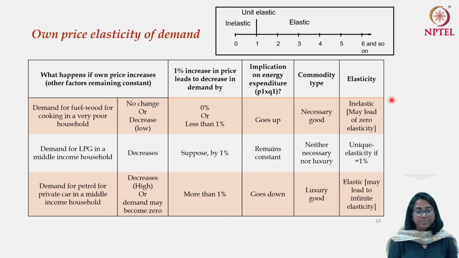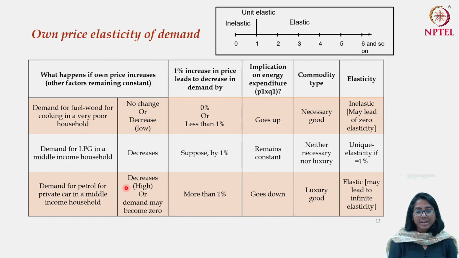Coming to the third example. Here we are considering the demand for petrol for a private car in a middle income household. So demand for petrol, this is definitely for the mobility service, and what happens if the price of petrol goes up by 1%? See, there is a much cheaper alternative available if you think about private vehicles. There are public transport systems available. I should say that if there is a well functioning